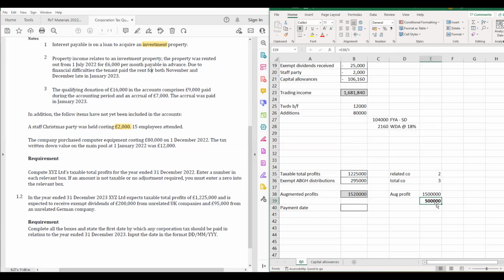So actually what we can determine is this company is a large company for corporation tax purposes, and therefore it's going to pay its corporation tax in installments. It's going to pay it on the 14th day of the 7th month. It's not going to be in that small category where it's 9 months and a day. And this is where you can refer to your tax tables on exam day to just make sure that you've got those dates correct.